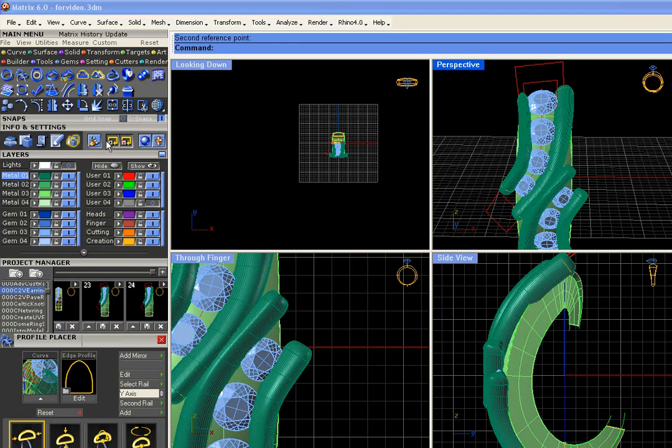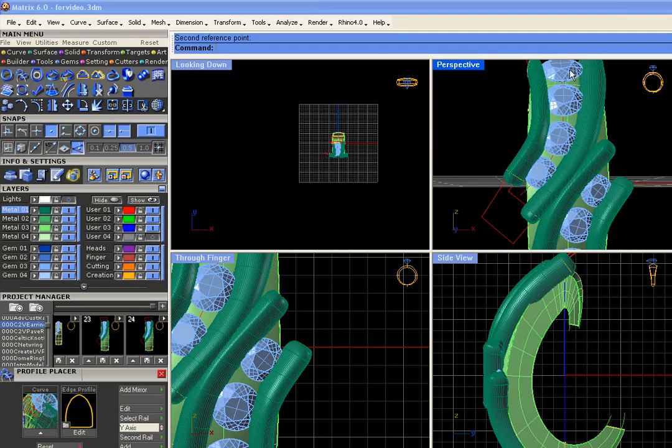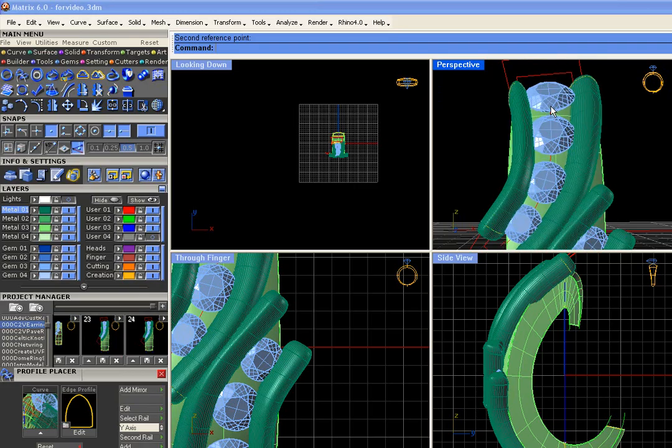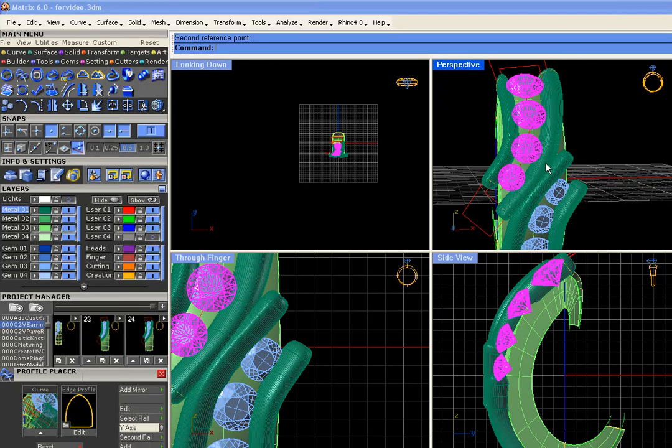Okay, with rhino history on, turn matrix history back on. Now rhino history is going to copy all the changes we make on this side to this side, and matrix history is going to enable us to make changes to this side and have all the surfaces keep up. Okay, so I'll show you what I mean. Let's take the group, ungroup it,